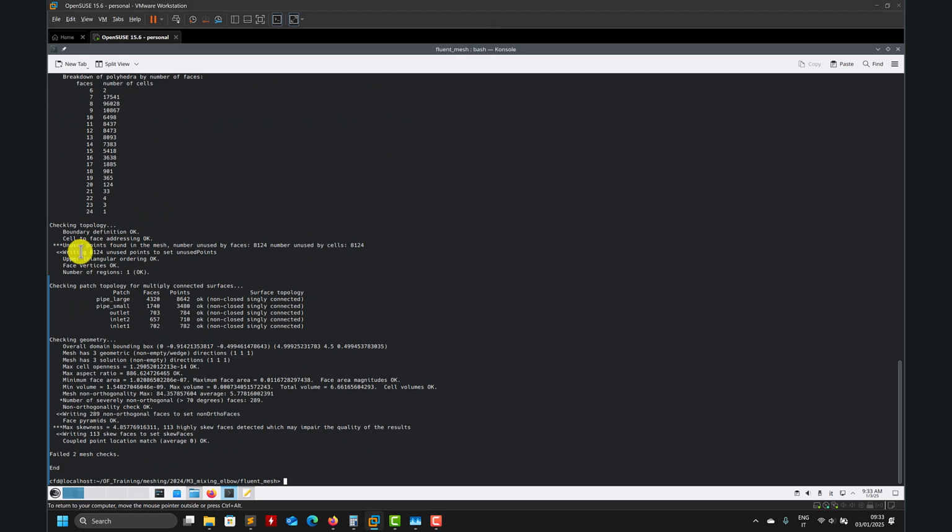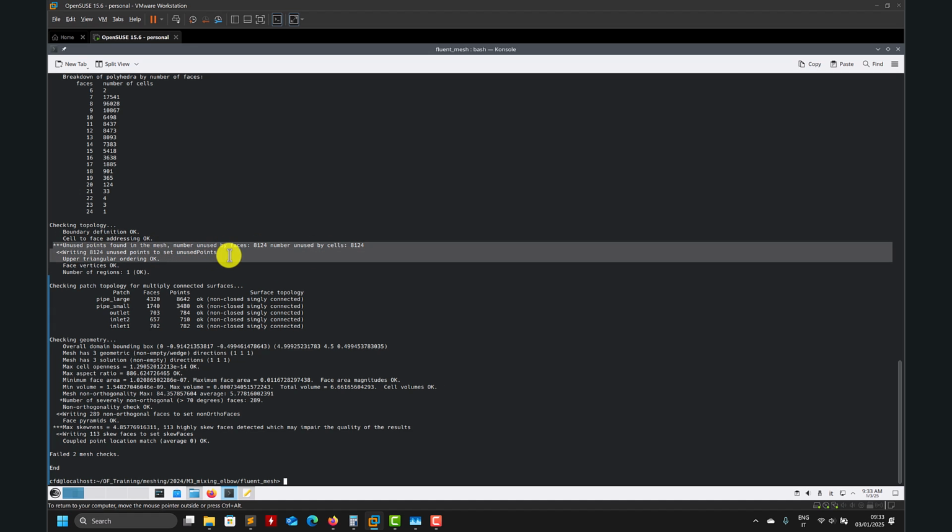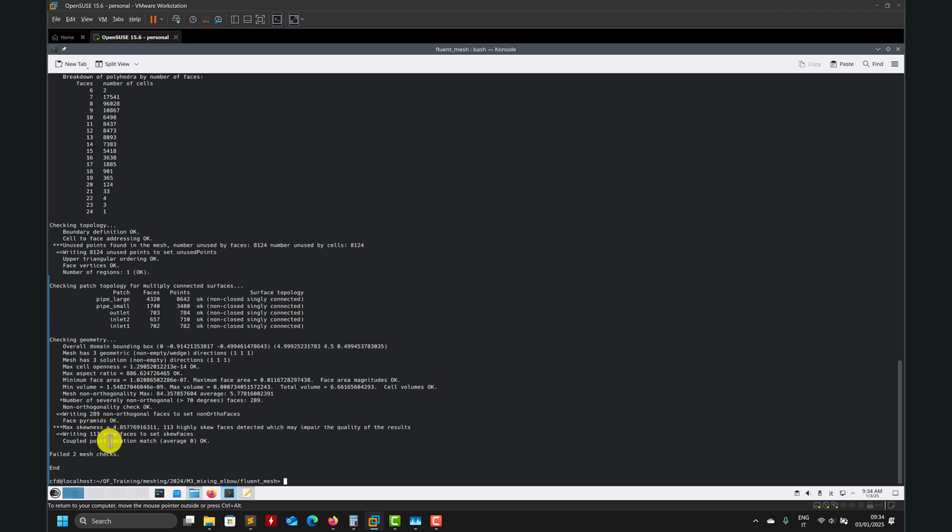And here, when you run check mesh, you see that you have some errors. This one we already addressed in the mesh quality tutorial, so you know how to remove these points, but they don't do anything. And then here you have some issues with skewness. For me, it's not a problem, and we know where they are. Also you have non-orthogonality, a little bit high, 84, still okay, but we know that this non-orthogonality is also due to the fact that we have this super fine mesh, and in the section where we're joining all the